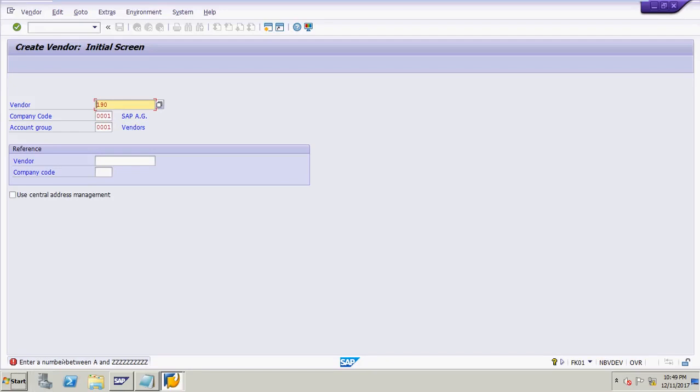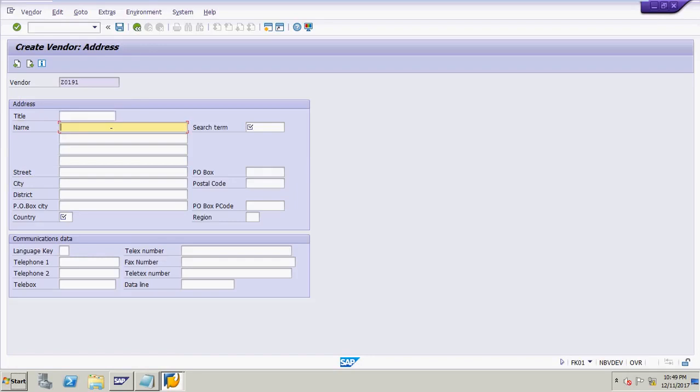Here it asks you to enter a number between A to Z. I am going to create my custom one, so give the custom number and press enter. It already exists, so give another number, don't worry, 91, and press enter.